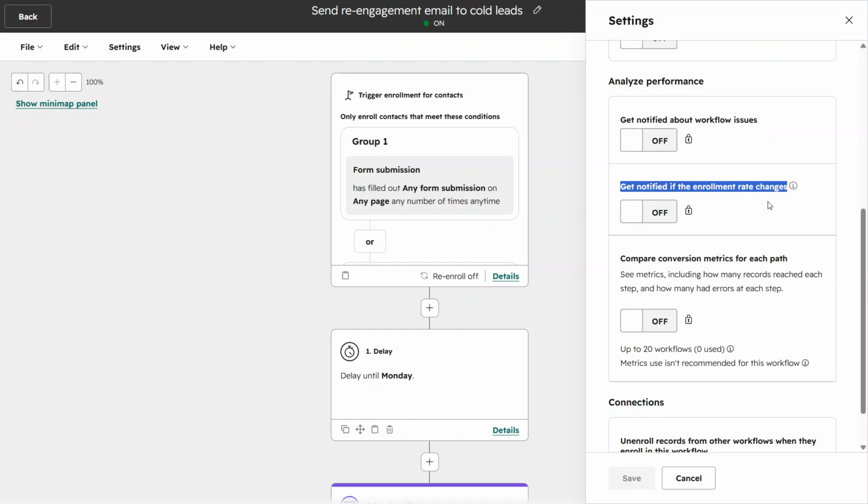A sudden spike or drop can indicate a problem upstream, like a broken form, a misconfigured trigger, or a sudden change in traffic. You can configure this using HubSpot's intelligence features, manual settings, or a combination of both, depending on how much control you want over the thresholds. You'll also see an option to compare conversion metrics for each path within the workflow. Turning this on helps you spot underperforming branches, so you can detect anomalies not only at the workflow level, but